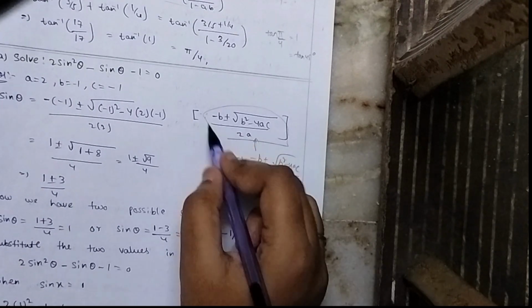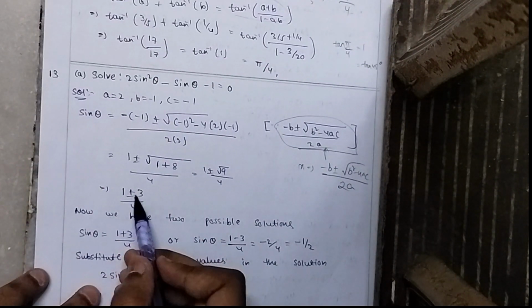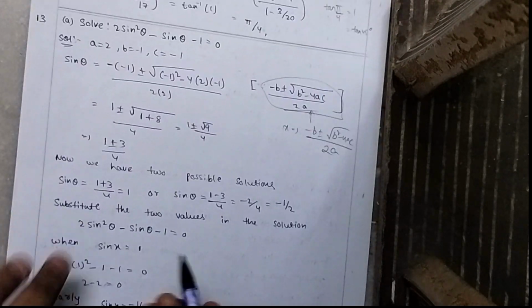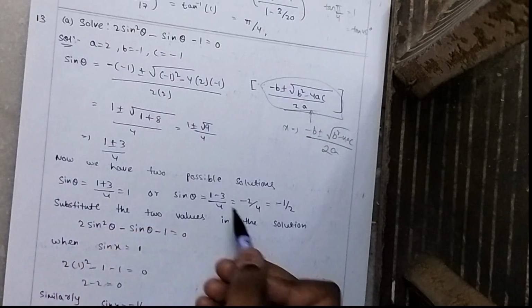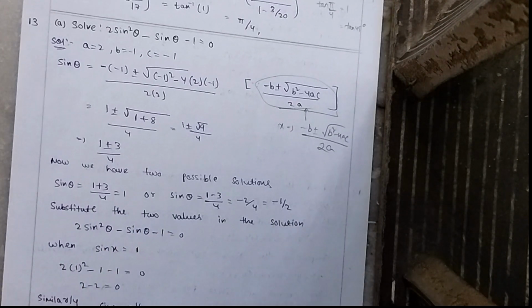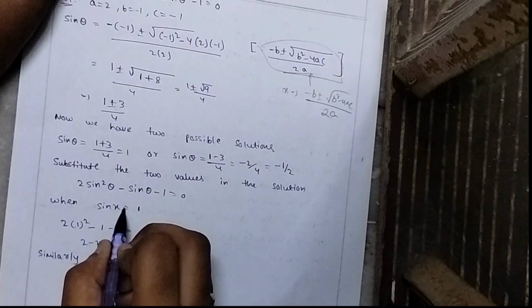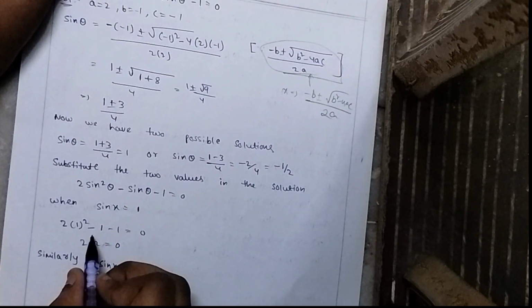Substituting these values here, we get 1 plus or minus 3 by 4. So sin theta equals 1 plus 3 by 4 or 1 minus 3 by 4. That means the values are 1 and minus 1 by 2. We got two values. So substituting these two values here, if sin x equals 1, then the equation value